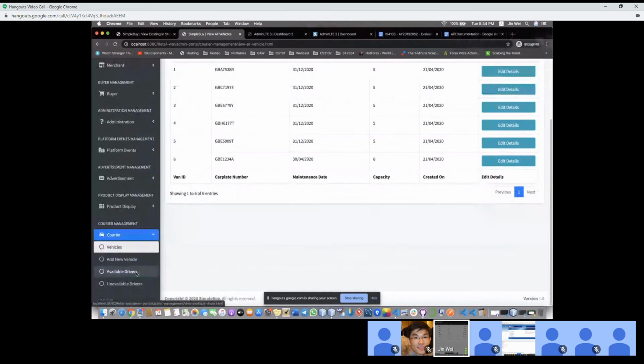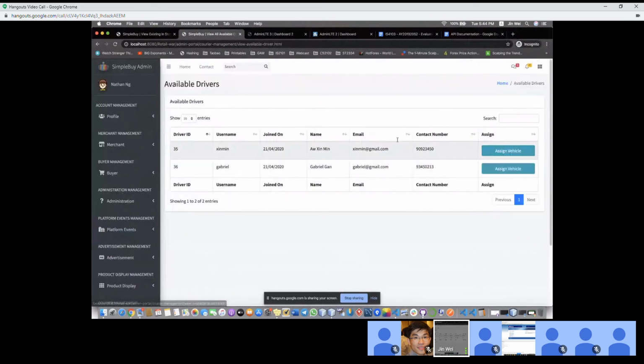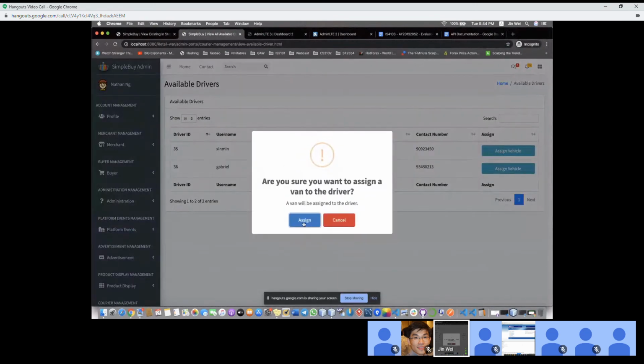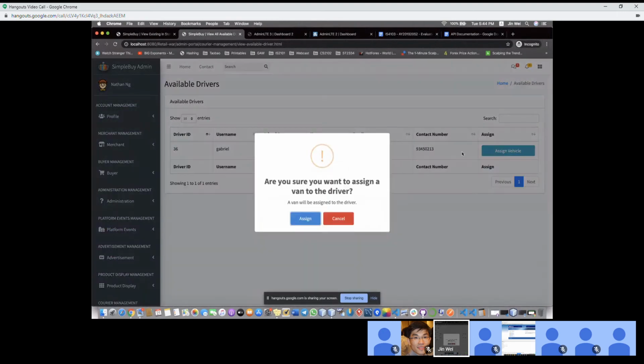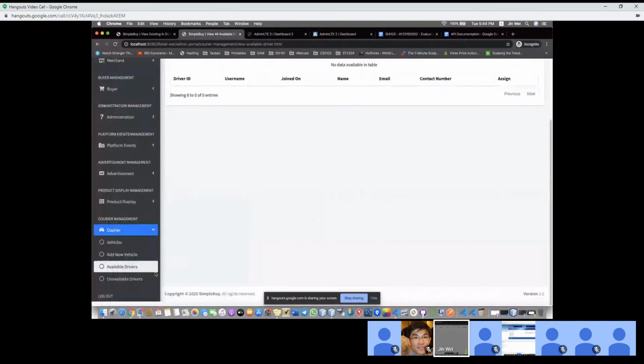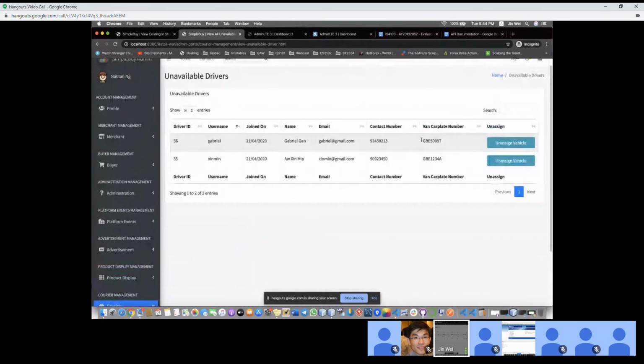So the next one is we have to make sure there's drivers. So here is the available drivers. Once I click and assign vehicle, this driver will be assigned a random vehicle that is available. So let's say I assign, then I click assign again. Then as you can see, the unavailable drivers will be shown here, and there will be a car, a van that is